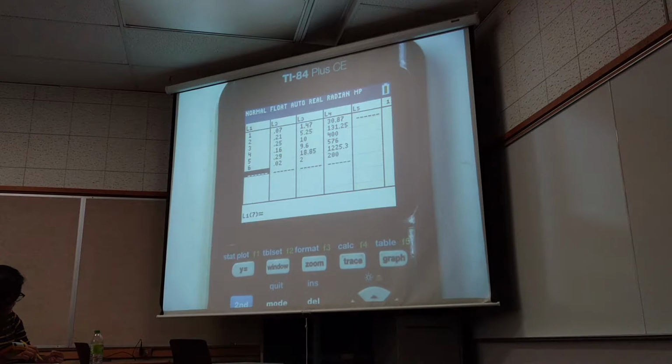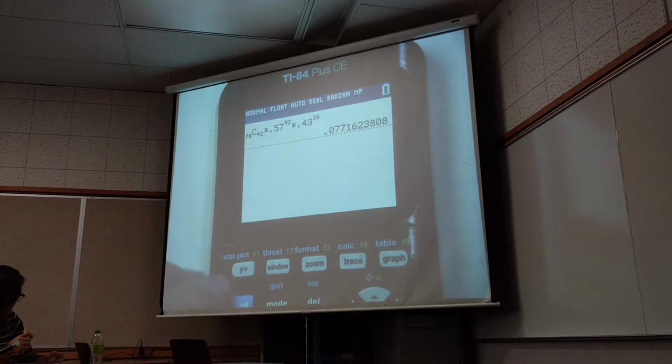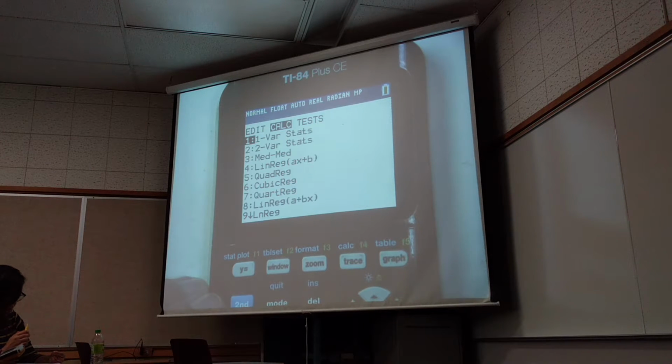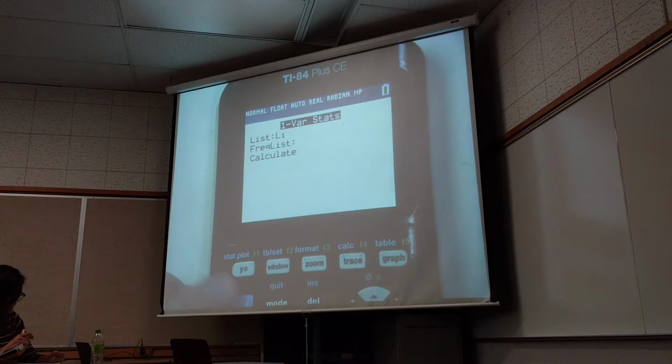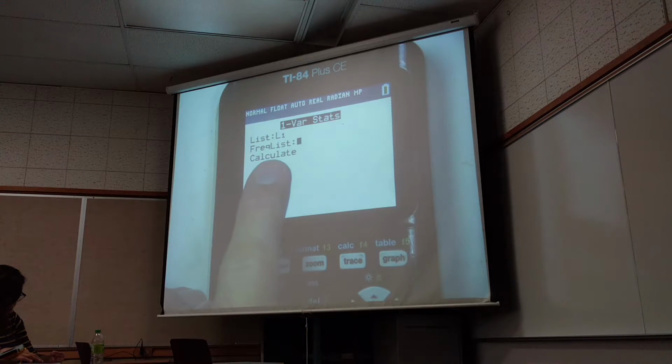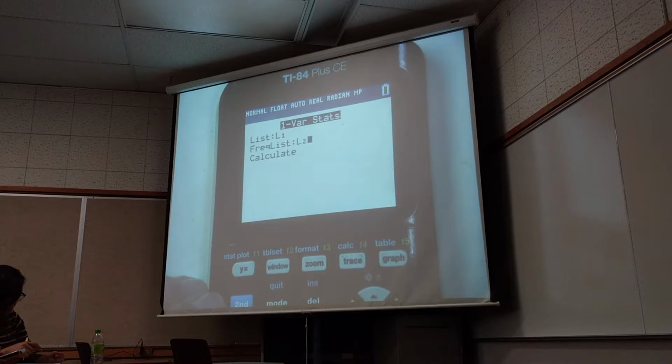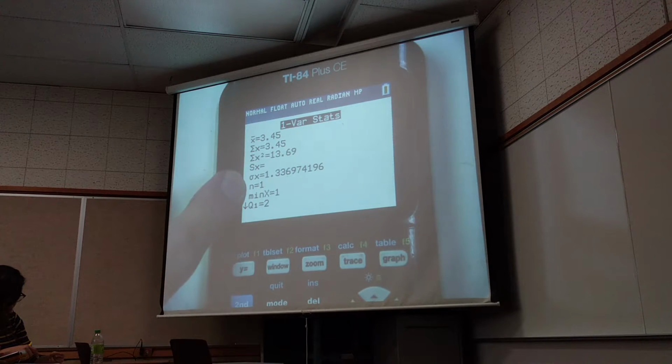So I know how to get 1-variable stats. If I go to do 1-var stats to get the mean and the standard deviation, I have to tell it. Now, this is interesting. I go to stat, calc, 1-var stats, and I tell it L1, and now you see why there's a freq list. The frequency is going to be in L2. L1 and L2. If you have an older model, at the end of where it says 1-var stats, you put L1, comma, L2. And now if you do it, it tells you the mean, it tells you the standard deviation. See how n is 1? That actually is like the sum of the probabilities is 1. That's what that means.